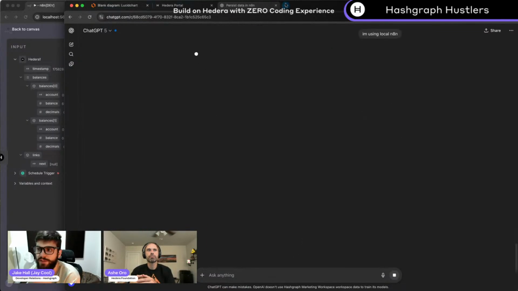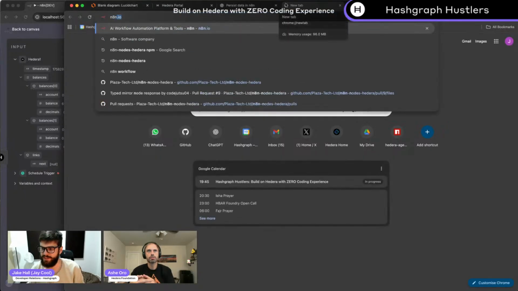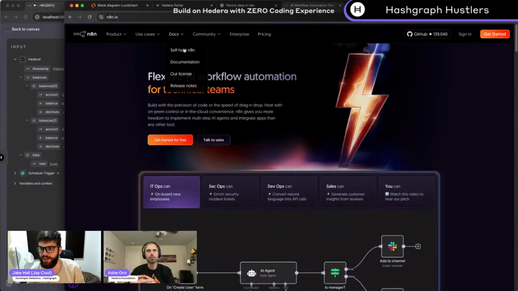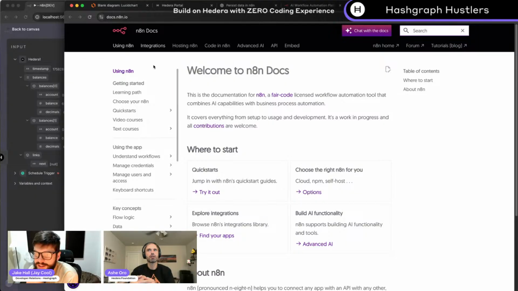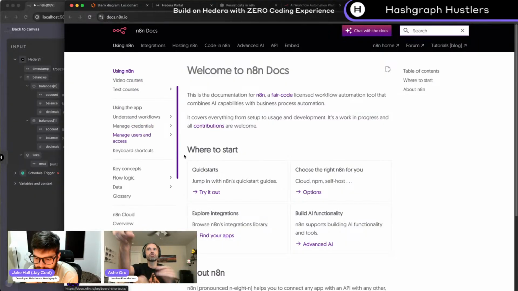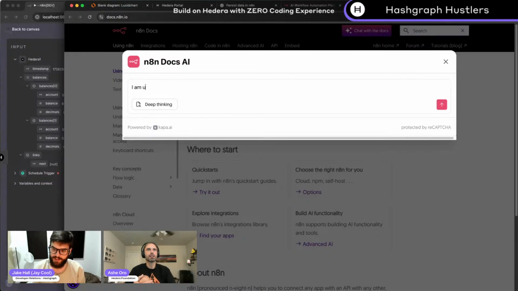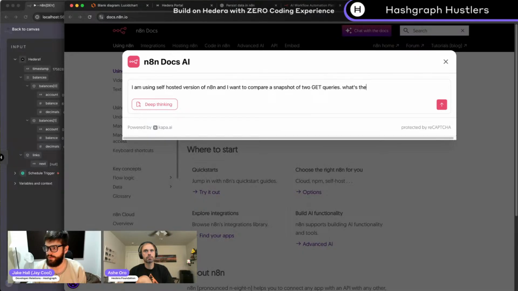Oh, it must be something in the docs. So let's have a quick look at the docs. This is something which I'm sure they have. Oh, there you go. Try chat with the docs and see if it. Ah, yeah, nice. Okay. I am using self-hosted version of n8n, and let's turn deep thinking on as well. I want to compare a snapshot of two get queries. What's the